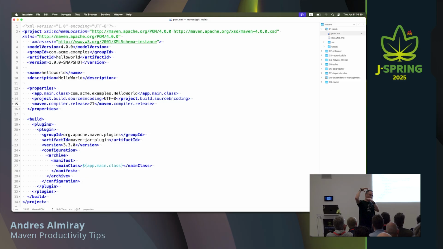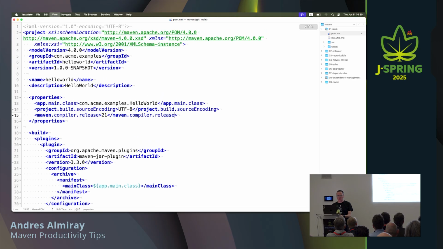We can define a configuration block for the plugin, or we can just define one of those useful user properties that many plugins expose to set up their configuration. So one of the most well-known is the Maven compiler release. This property was added in, for sure, plugin version 3.11.0 of the compiler, but it was not available in previous versions of the compiler, like 3.1.0.